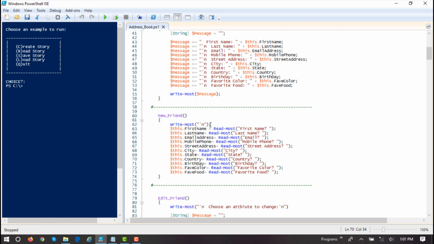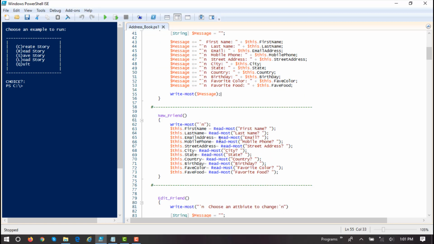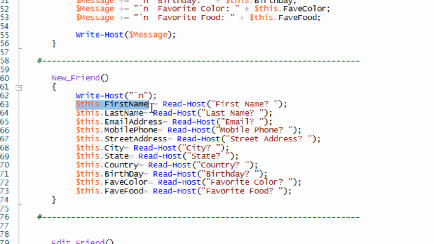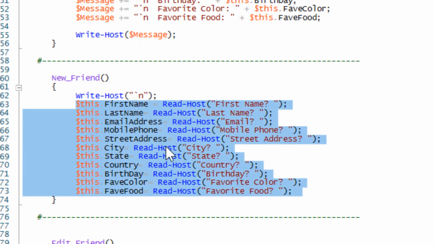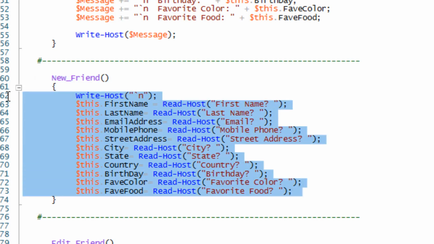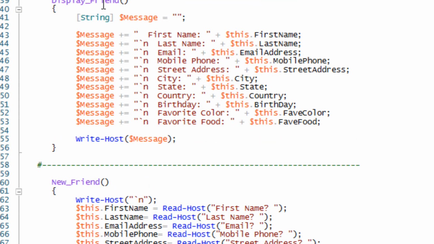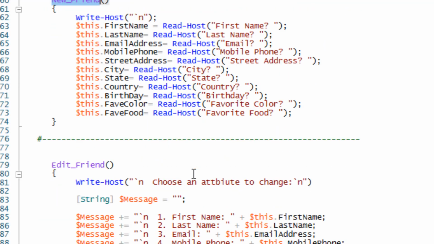These methods, these functions, are declared inline inside the class. That's why we can scope into or get at these data members. But if this were a normal function and not a member method inside a class, the way we would do this would have to be totally different. So be aware of that. We have a displayFriend, we have a new friend,